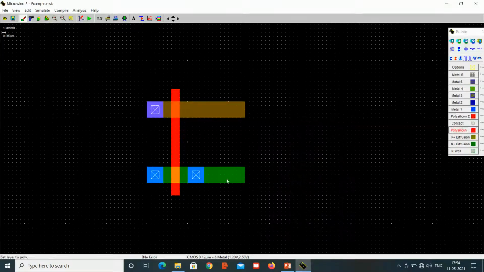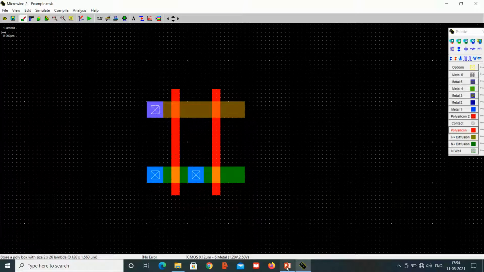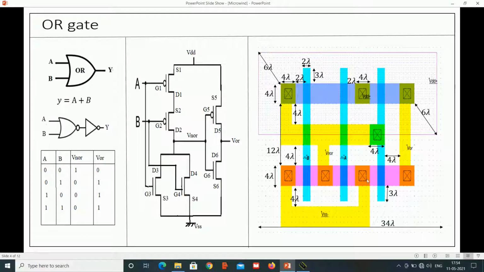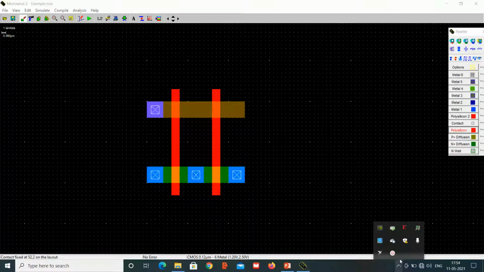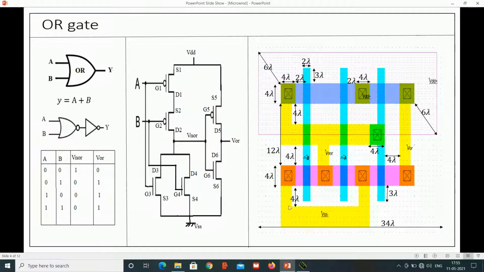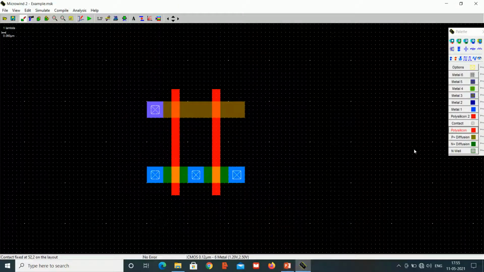Then another polysilicon, which should be a distance of 2 from the contact. Then select one more N plus contact and place it here. Now we need to connect this metal and give it to ground, with a distance of 3 and 4 lambda.